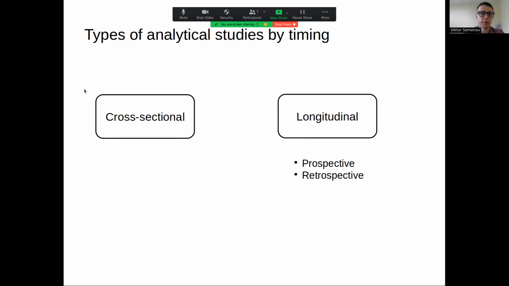Cross-sectional studies are the studies which assess the information at a certain time point. So this might be, for example, one time point, roughly. For example, the investigations which were conducted on the same day will be a cross-sectional study. So some measurements which were done in one calendar day or in one month will be one time point. But it should not always be restricted to one day, to one time point for all study participants, because